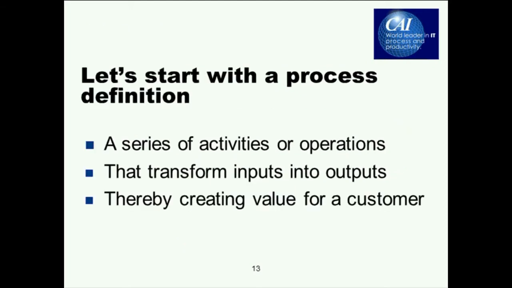So since we're talking about improving processes, let's start with a definition of what a process is. A process is simply a series of steps that we do that produce outputs. And in order to do that, they require inputs. So inputs get transformed into outputs. And if we have outputs, we have them for a reason, and that's because there's a customer someplace that needs them. So it's very simply, at a high level, a transformational process.